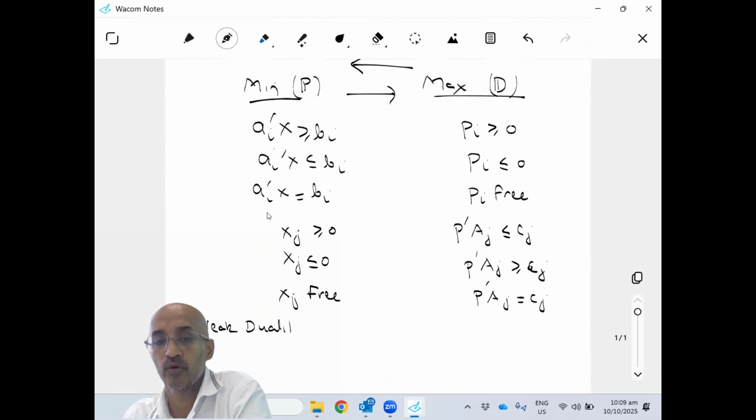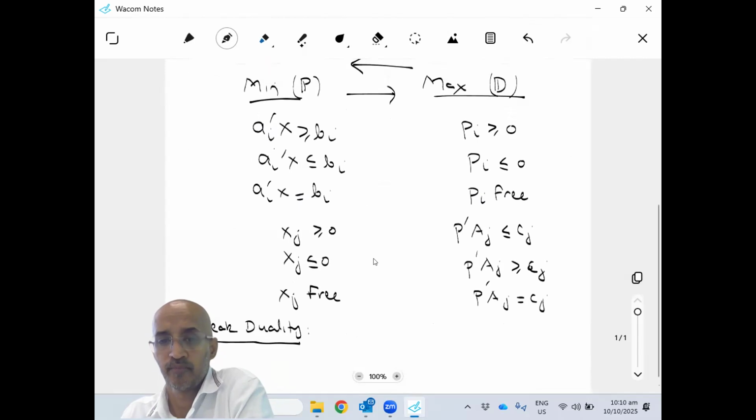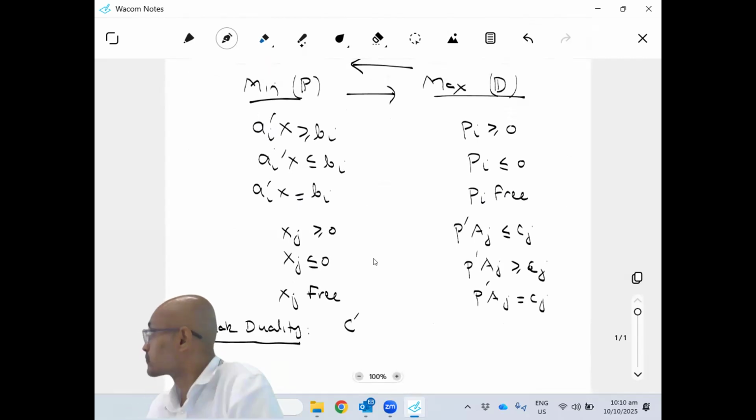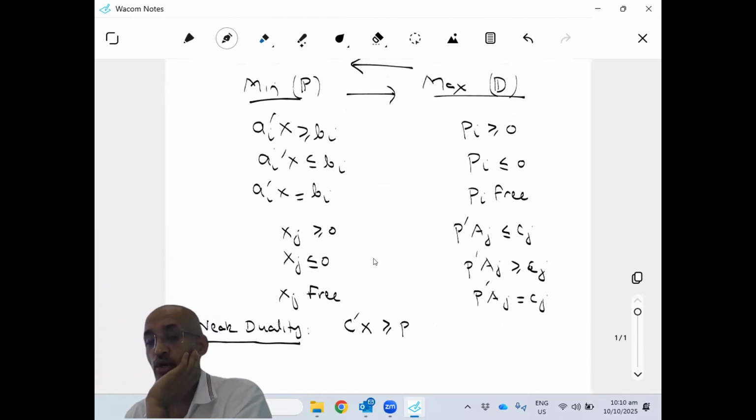Okay. So again, this is a recap from yesterday. What does this say? You take any solution to this problem and any solution to this problem, and you compare the objective function at that point and the objective function at that point. So C transpose X, for a minimization problem, the objective function coming from the minimization problem will be